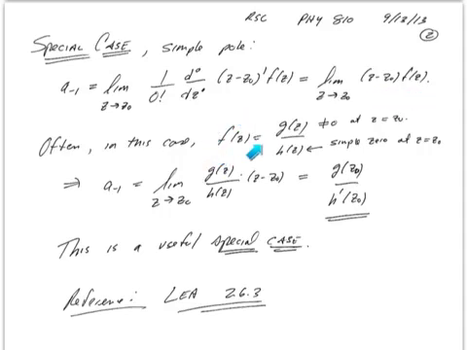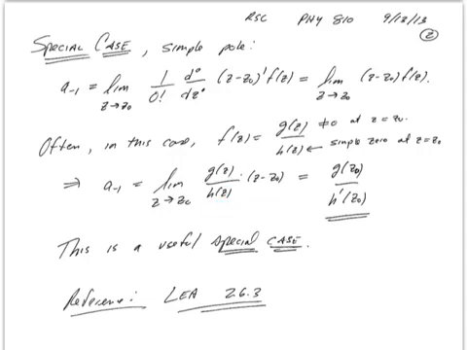Often, we're interested in a case where f of z is the ratio of two things, a function g over a function h, where h has a simple zero. By simple zero, we mean that the function vanishes at z equals z0, but the derivative of h at z equals z0 does not, and where the numerator doesn't vanish at all. In that case, since this has a simple zero, the function f of z has a simple pole at z equals z0. Then a_{-1} is the limit as z goes to z0 of g of z over h of z times (z minus z0),